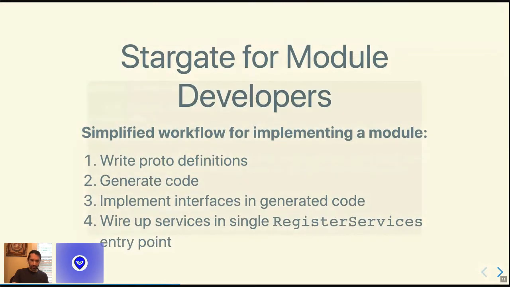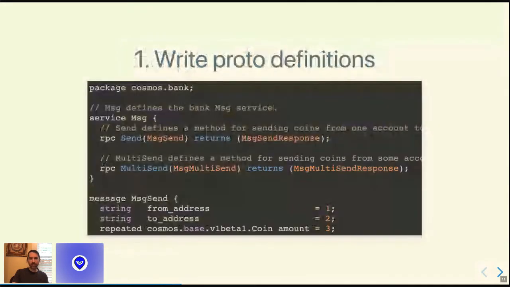So first we're writing some proto definitions. This is actually right out of the SDK, the message service for the bank module. For those of you that aren't familiar with the SDK, we use the MSG message abbreviation to mean some sort of message or operation that's going to end up in a transaction. That lingo might be a little confusing if you're not super familiar with the SDK, but you can think of message as kind of like a transaction type thing.